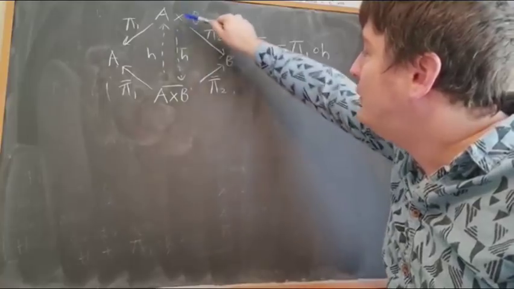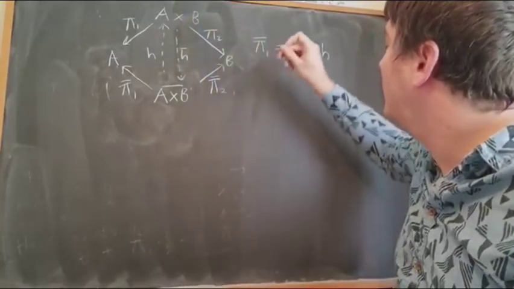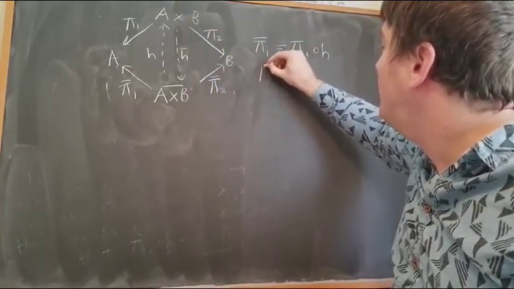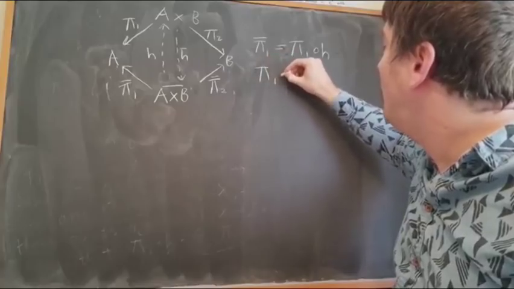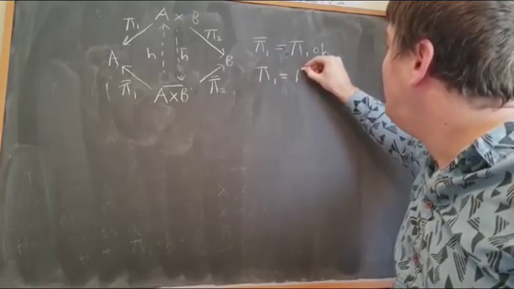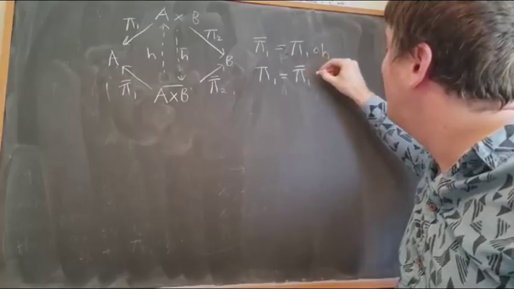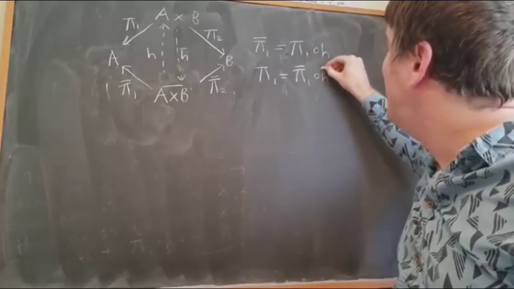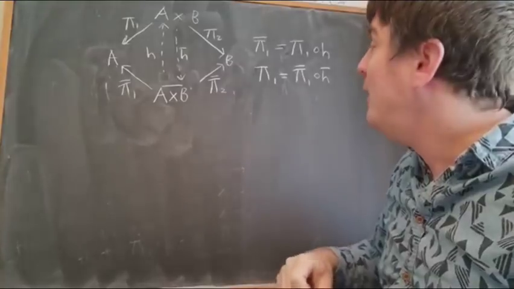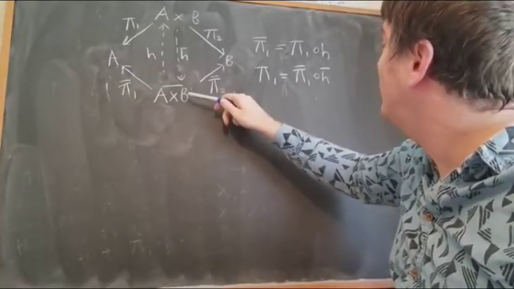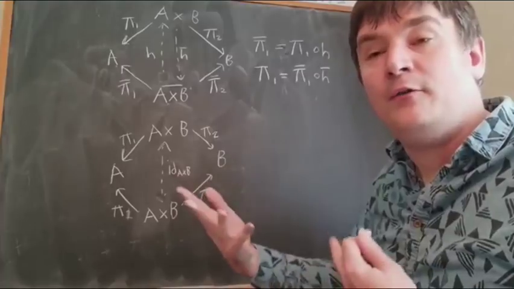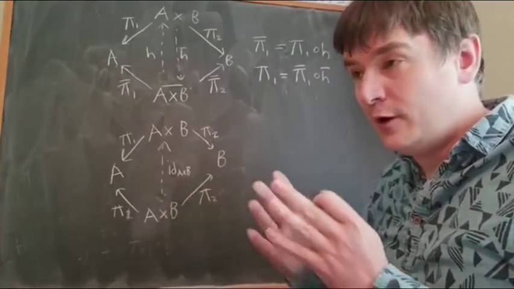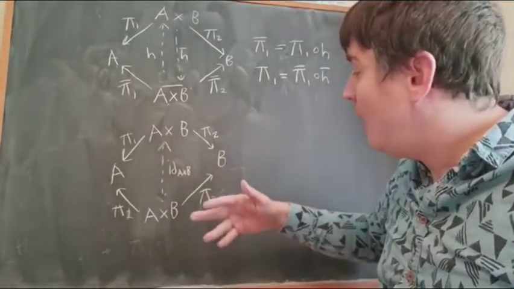So we know that because this is a product. And we also know that pi 1 is equal to pi 1 bar after H bar. And we know that because this is a product. Okay, so now we're just going to sidestep a little bit, and we're going to think